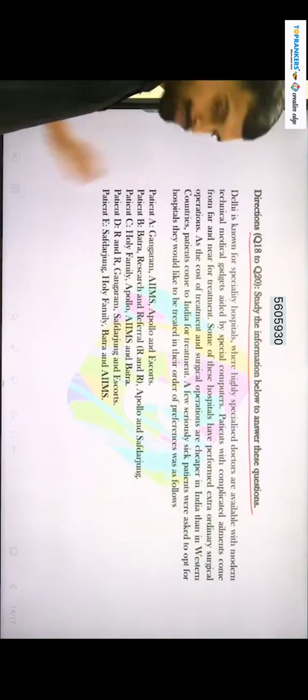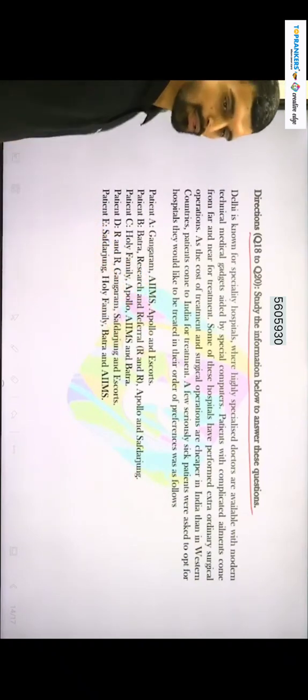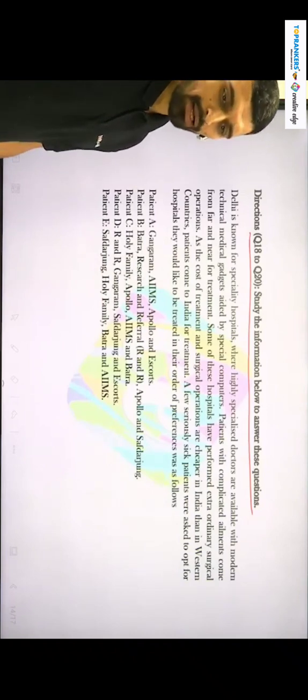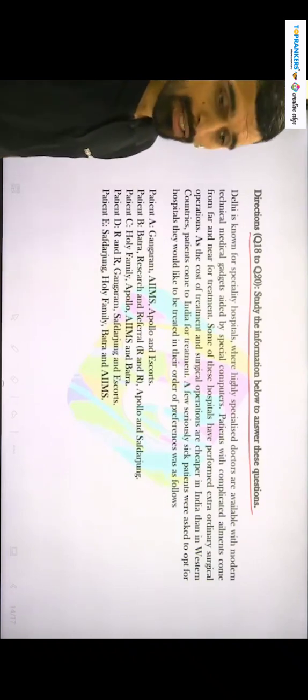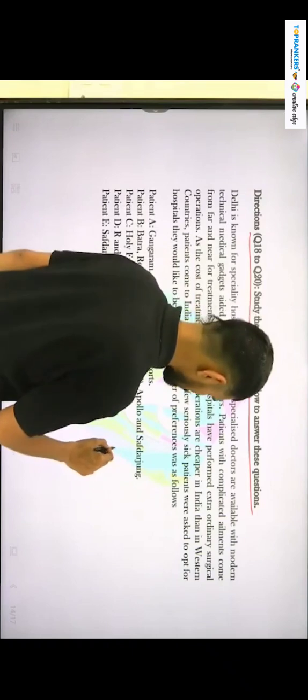So there are 5 patients. Each patient has some preferences given, and we have to map them. That is the task in this question. So let's map them all. There are 5 patients, I can name them now: